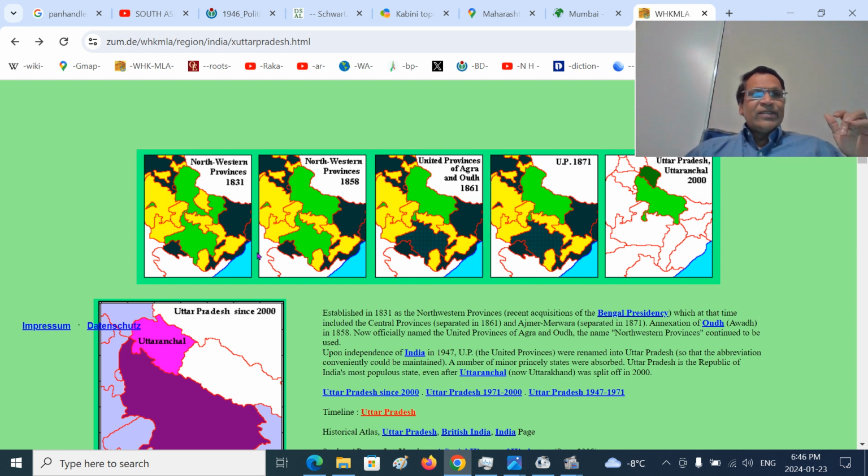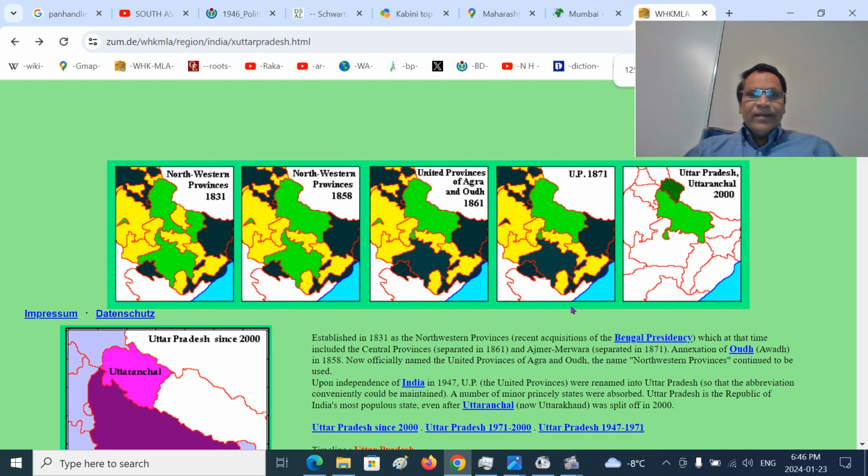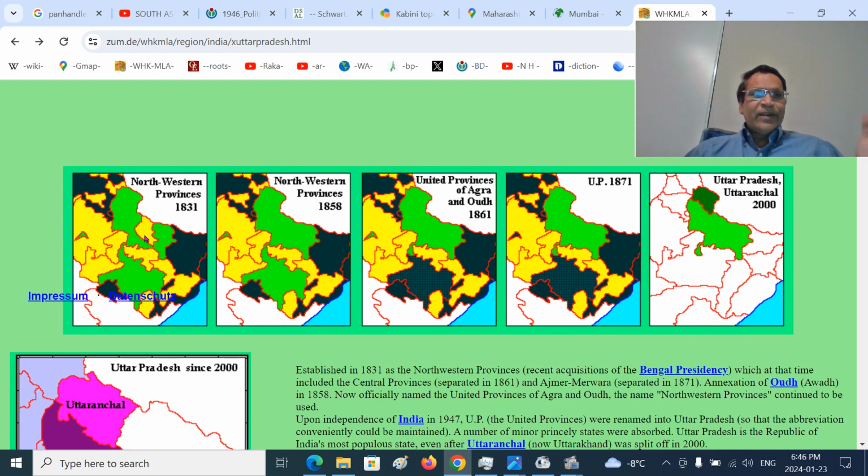You see the Awadh Principality was annexed a few years before. This is the Awadh Nawab territory that was annexed before the Sepoy Mutiny of 1857. So now it's very clear. 1857-58 is the time it is called Northwestern Provinces. Still it is called that. After the Sepoy Mutiny, major things happened. So the province was broken into the United Provinces of Agra here, Awadh here, in 1861, just 3-4 years after the mutiny.